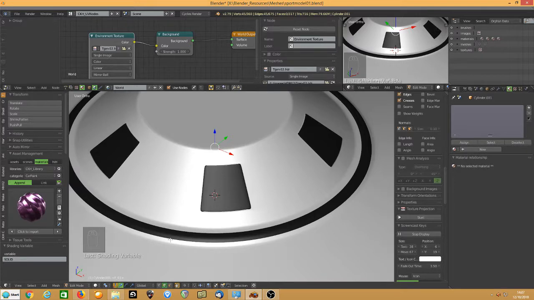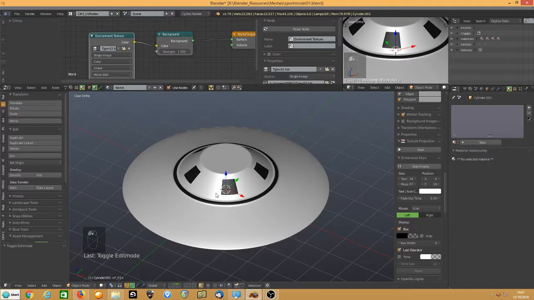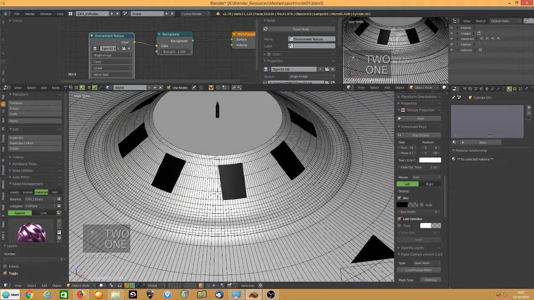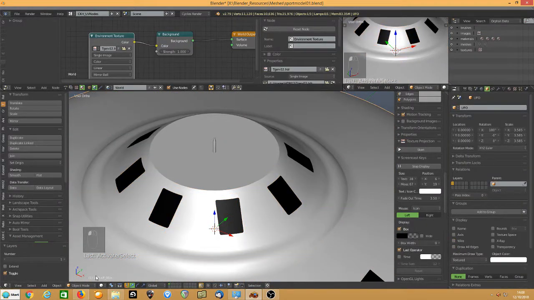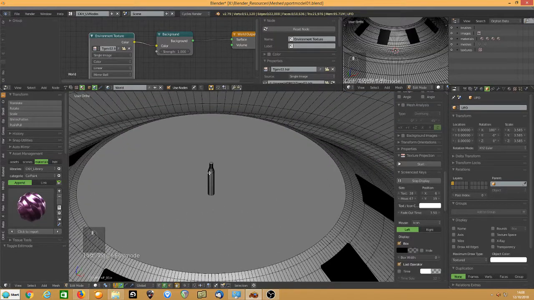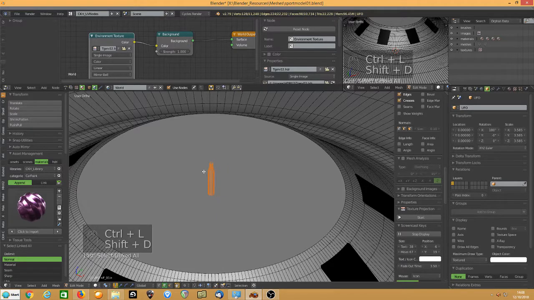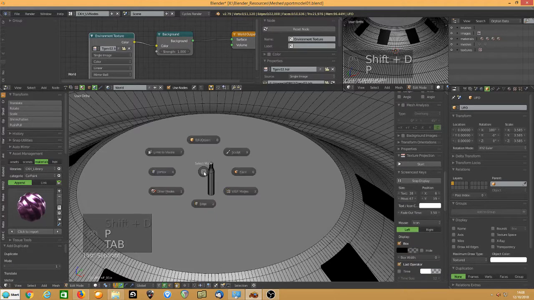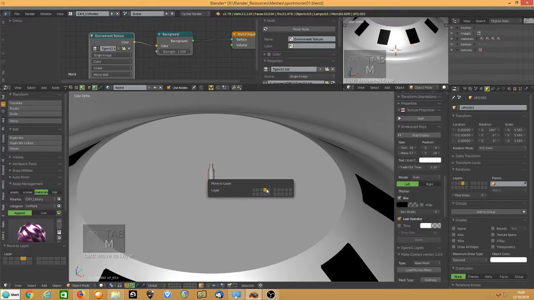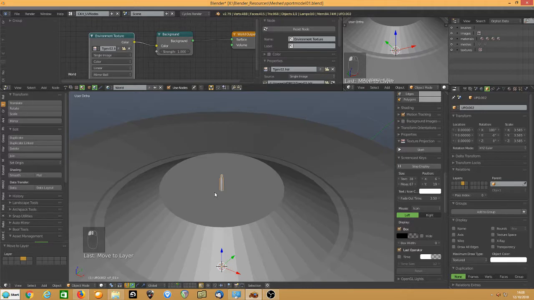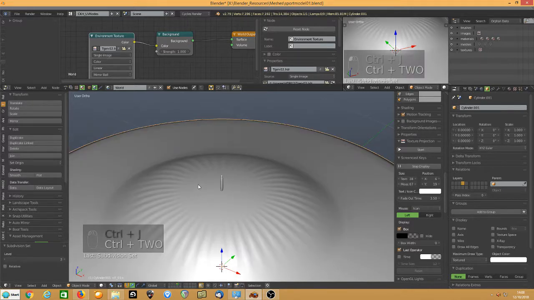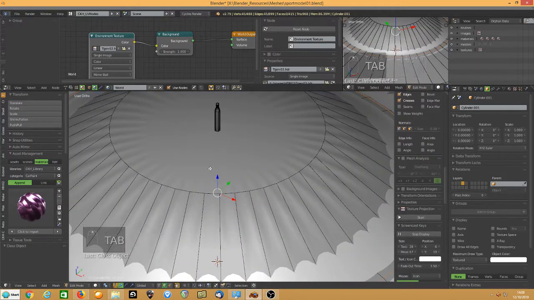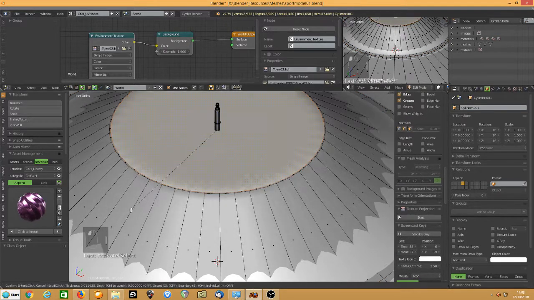And once you've done all of that, again, in object mode, you can go to your original object. I'll turn off show all wire now, I don't need that. Go into the edit mode, Control L, Shift D, P selection, come out, take that, move it to the same layer that your other object is on, select that, Control J, smooth, Control 2, and then again just go in and tidy up your edge loops. So dump, insert, loop cut, Control R,